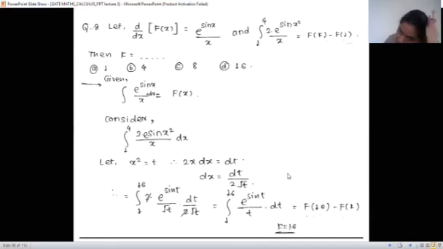Are you getting? See here, it is given. The derivative of f of x is e raised to sine x upon x. So if we want just f of x, take integration on both sides. So integration and derivative get cancelled and it will be f of x only. F of x is integration e raised to sine x upon x dx. This is given to you. And this is also given. So we'll consider this given thing, that is integration 1 to 4, 2 e raised to sine x square upon x dx. But there is a problem with x square.